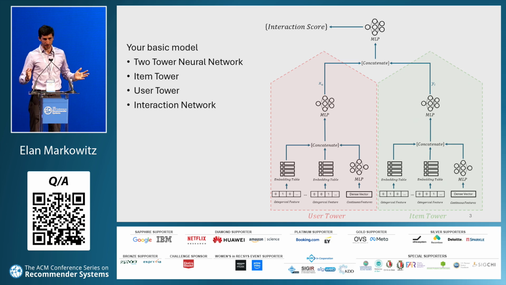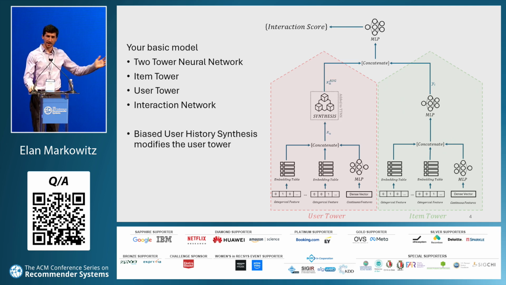The basic model for recommendations with deep learning is the two-tower neural network. We have a neural network that encodes a representation of the user and a neural network that encodes a representation of the item. This is very common. Here we can encode categorical features, dense features, etc. And then finally, we interact them to get the relevance score. We use this as a starting place, though it's not the only architecture we evaluate on.